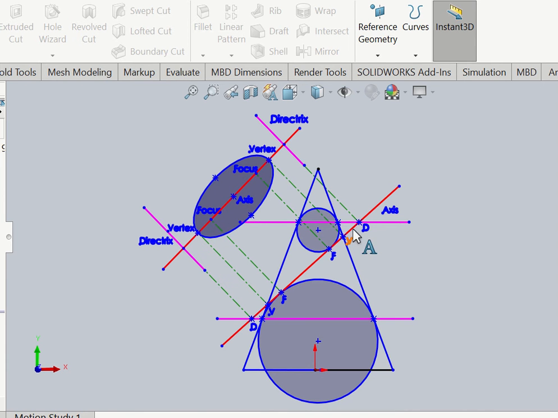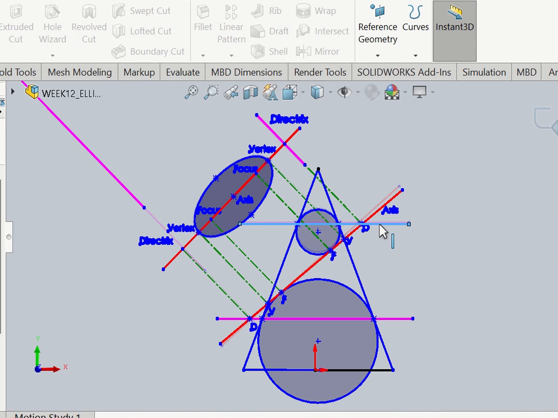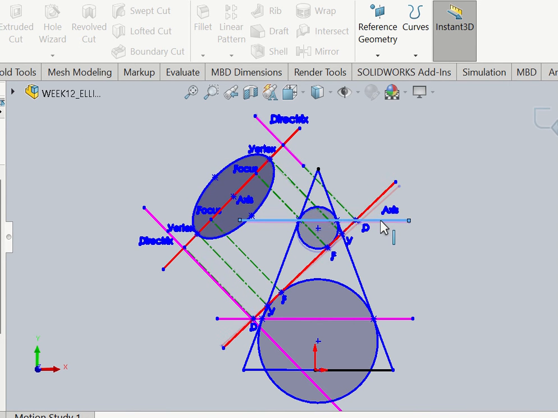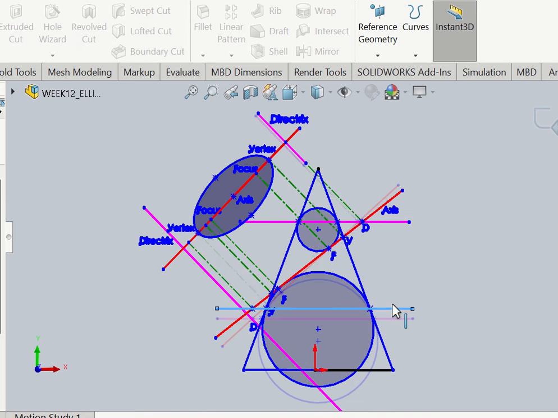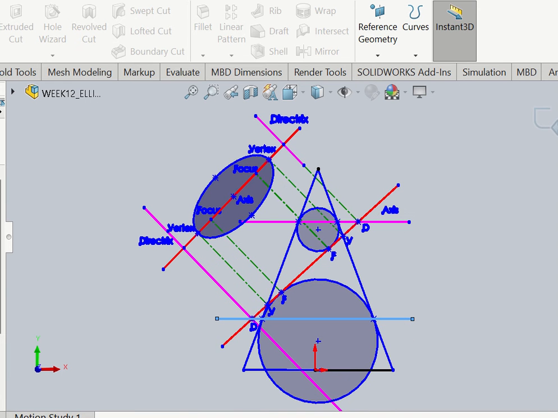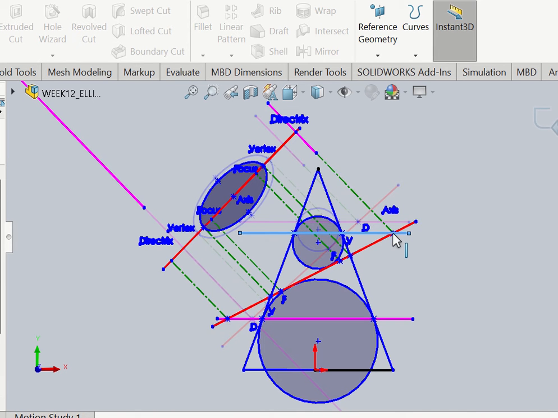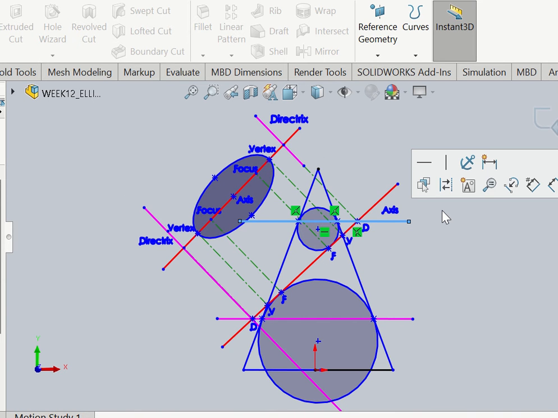So you can see here when I move my line here how the model changes. The same with this bottom section. So the model explains to kids the way you can move it around, how the focal spheres are tangential to both the plane and a cone, no matter where they move. And the point where each sphere touches the plane is a focus point of the conic section up here for